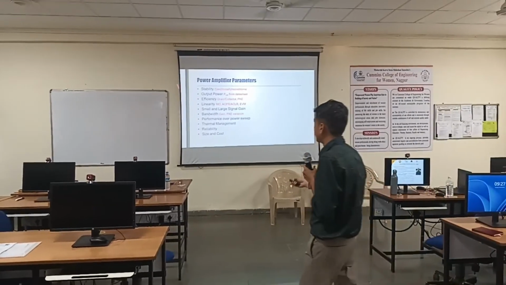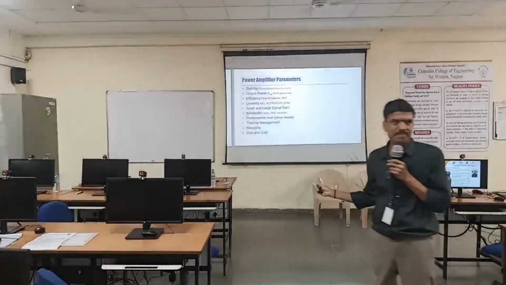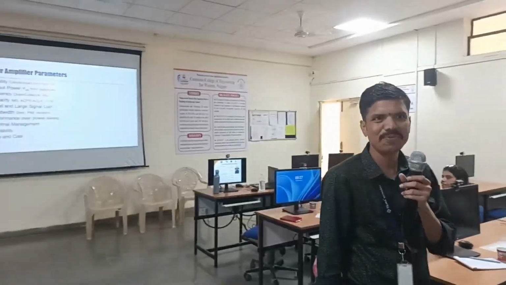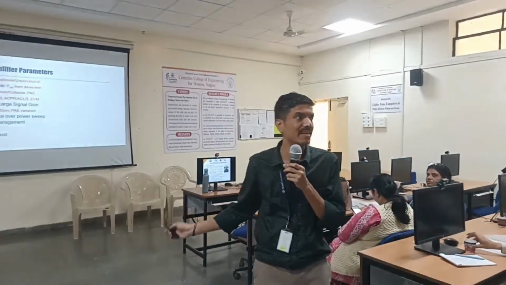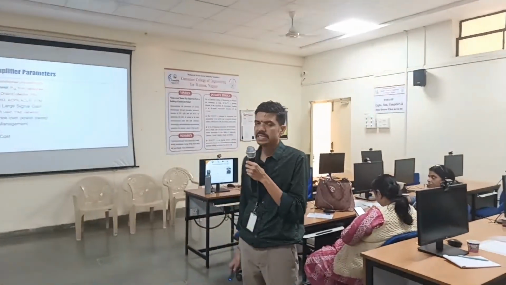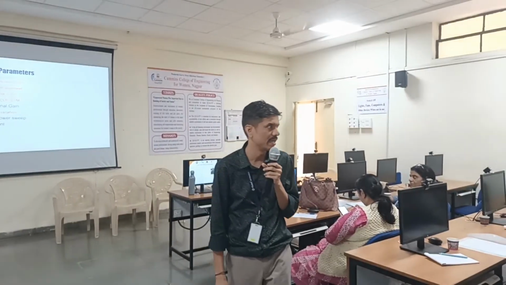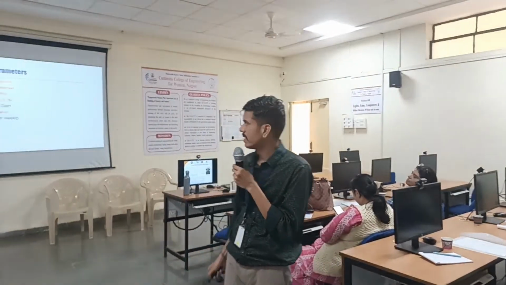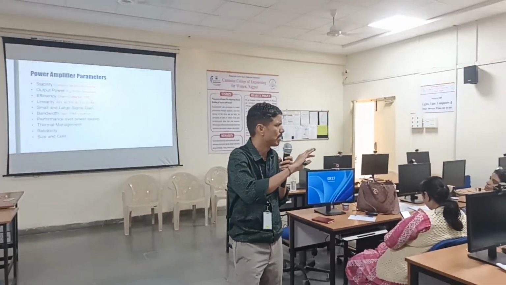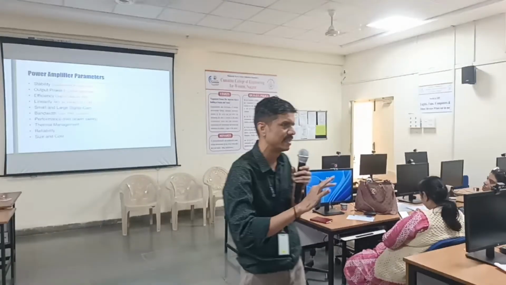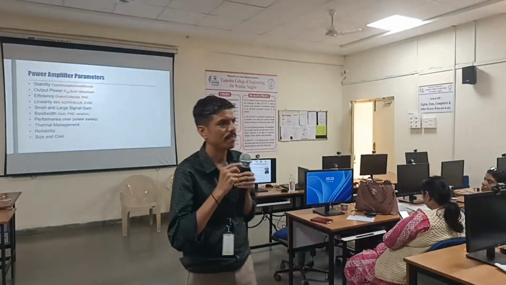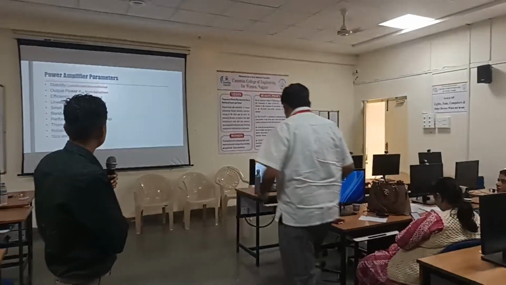So these are some of the parameters. Stability we have to check, otherwise what will happen? If you don't follow stability, it will become an oscillator. So what is stability? Output power, efficiency, linearity. Under linearity we have ACPR, ACLR, EVM, error vector magnitude. All these things will be considered under linearity analysis. Then we have small and large signal gain. Small signal AC, small signal load line, large signal load line, something we teach in EDC, right? Small signal means the applied signal is very small, and large signal means the applied signal is very large in terms of power.